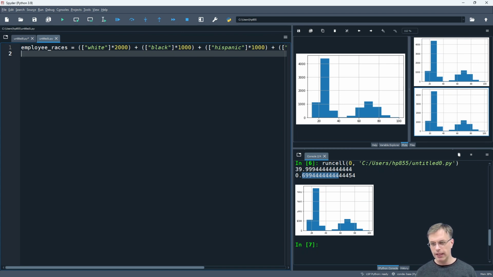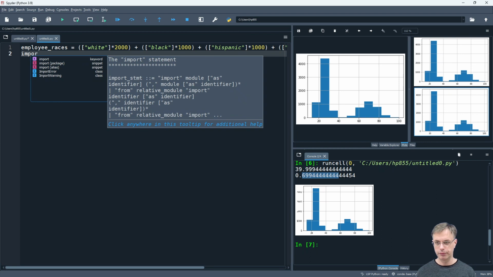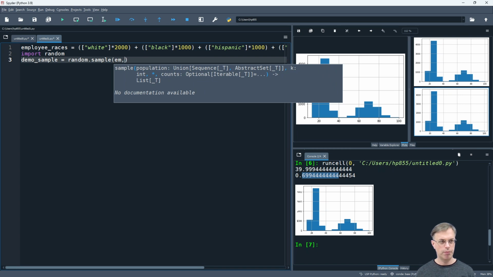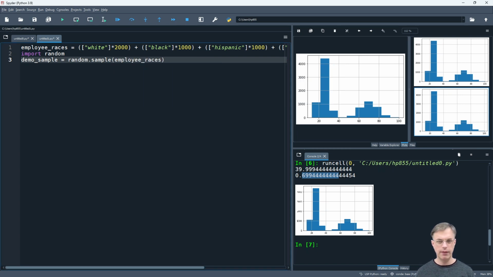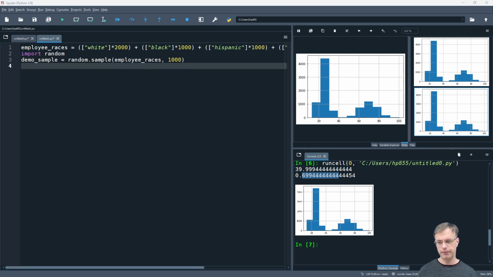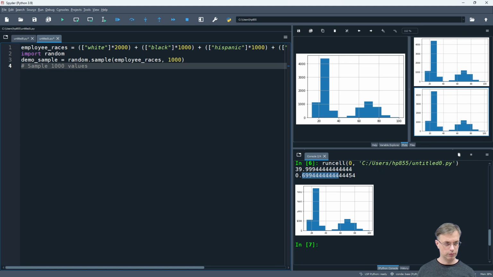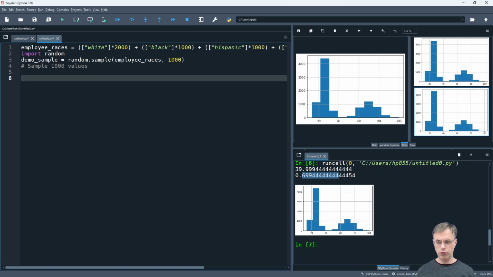So, okay, now let's import random, and we take a demo sample, random sample of employee races, and only 1,000, so the sample value is 1,000. For race in demo sample,